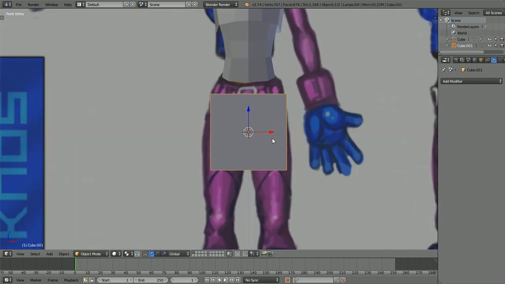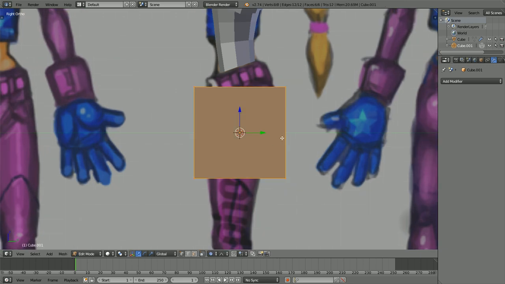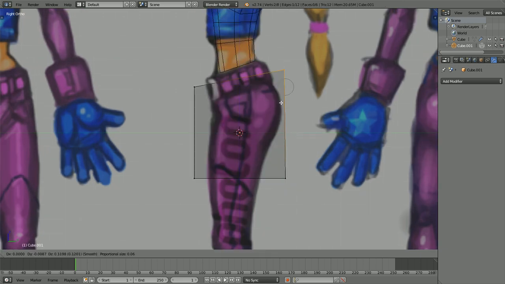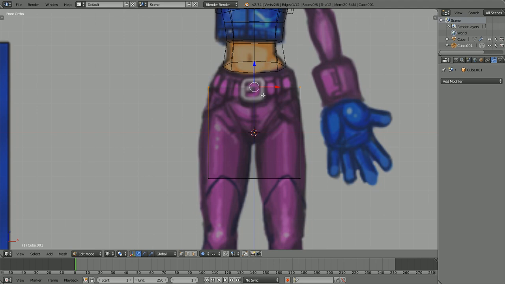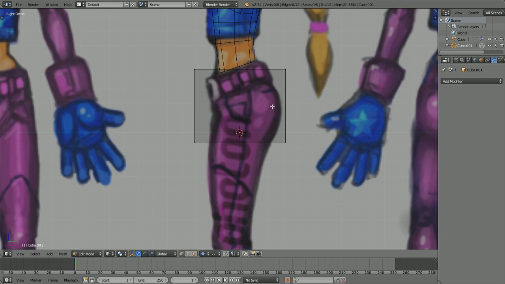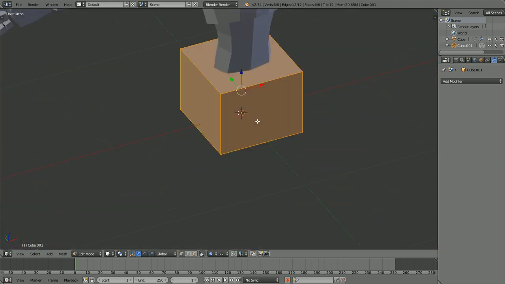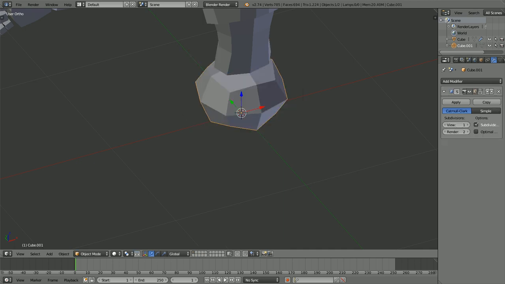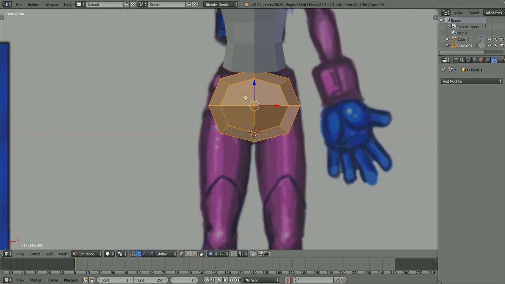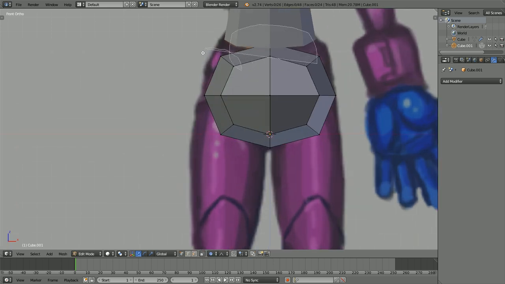And pretty much it's a straightforward thing. We're not really going to add the... yeah, we don't need to do that. We don't need to subdivide this because we want to just maintain our box shape. Actually, let's see. Actually, I will subdivide that. Sorry about that. So, okay, what we're going to do now,